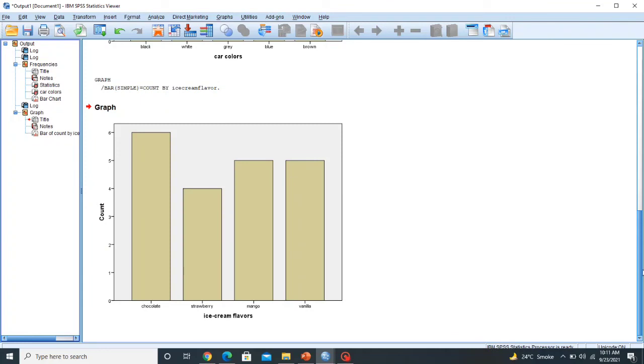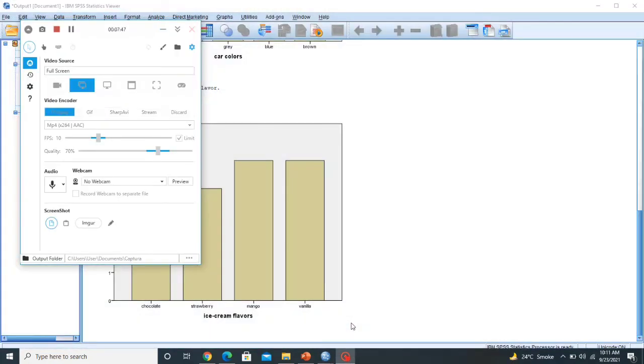We can see our flavors on the x-axis and frequency on the y-axis. The heights of the bars indicate the frequency of the items which we have entered.